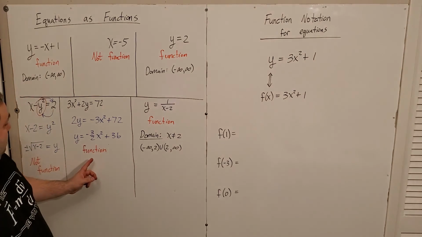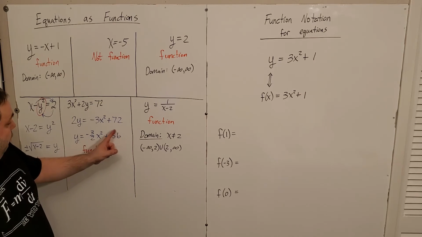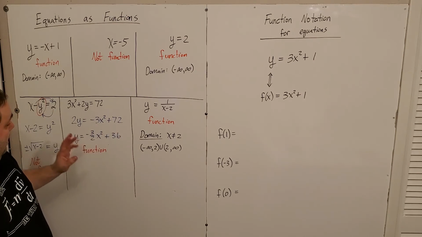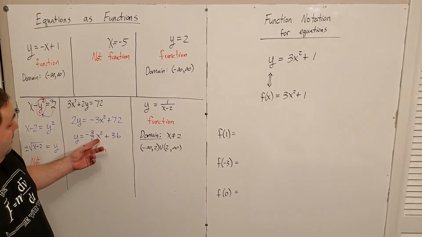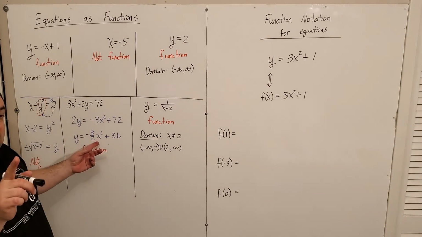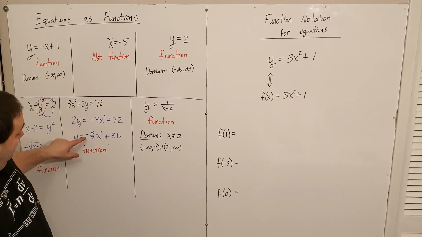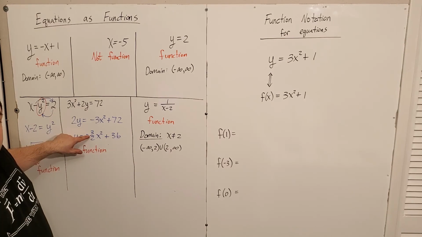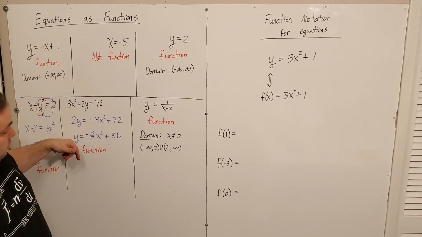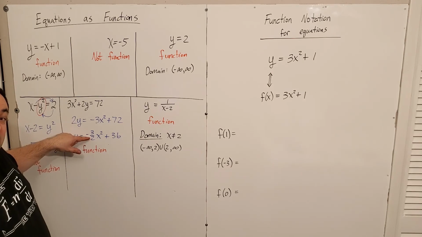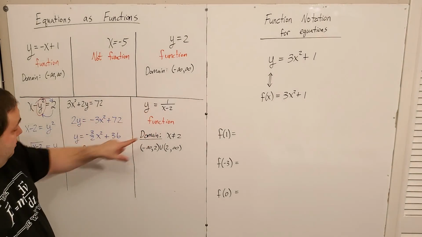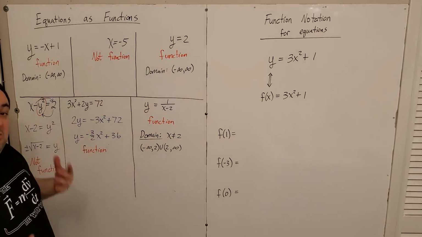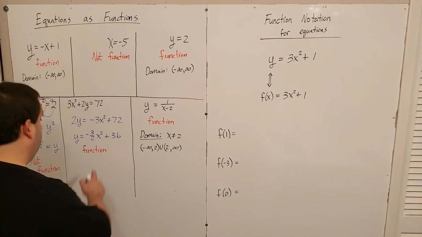This one right here. Look at this rearranged version. I don't see any square roots. There's a square. That's okay. And I don't see any divisions by variables. Be careful. I know there's a division right there in that fraction, but it's always 2. That denominator is never 0, right? It's not like this one over here where there's a variable in the division. It's just division by 2. No big deal. So the domain here,